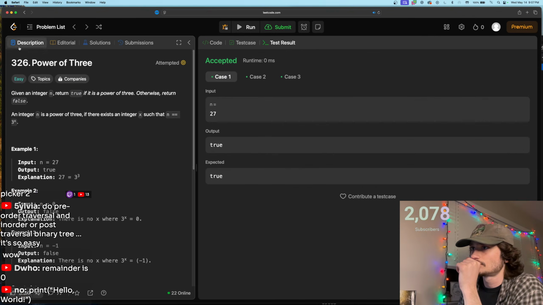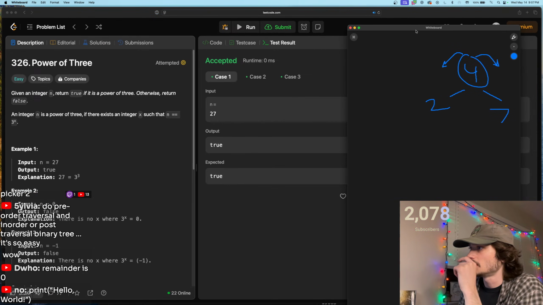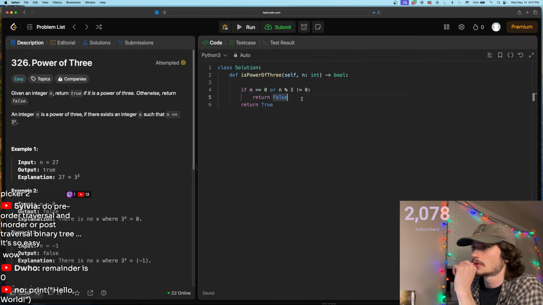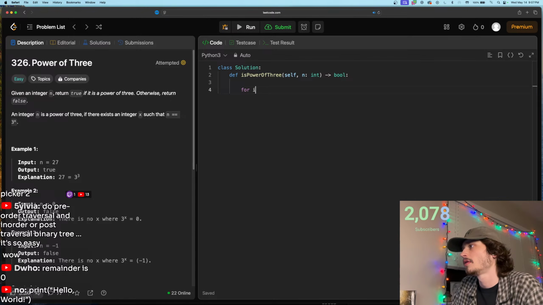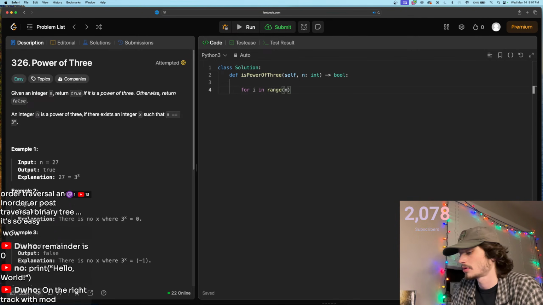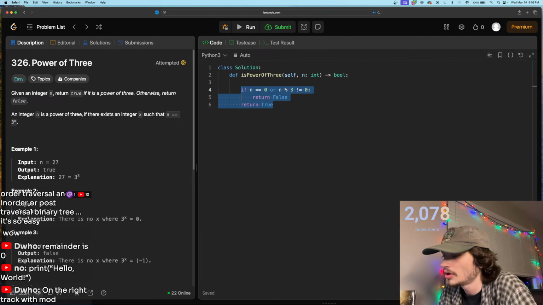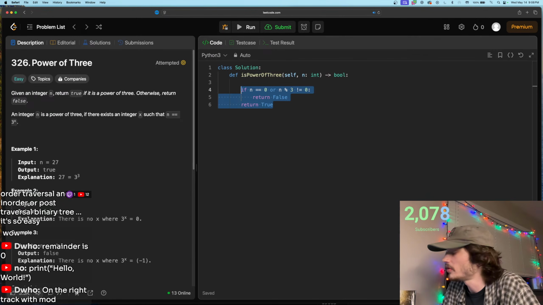Anybody have any ideas? Powers of 3. Given n is a power of 3, you have to take the value and compute all the powers up until n. Dho says you're on the right track with mod. So if we get to 0, we know it divides by 3 evenly. But if 45 divided by 3,